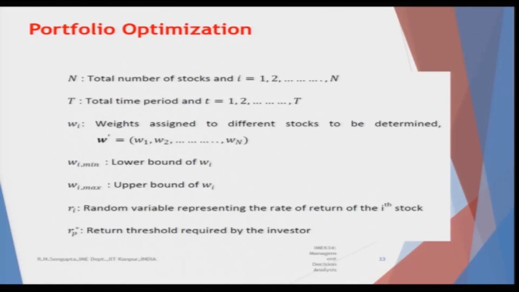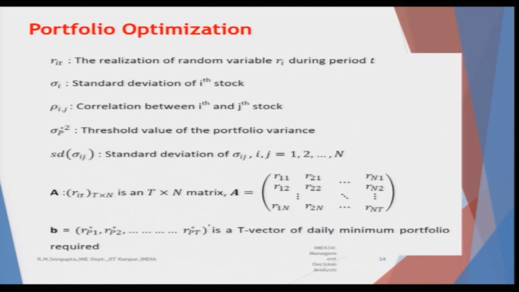And as I have mentioned, Ri's are the random variables pertaining to the returns for the ith stock, and this RP star, which was basically the return star which we have just discussed a few minutes back, is given by the investor himself or depending on the market conditions. The other values which are important for us to understand is, because if you remember I have brought the concept of time. Why I have brought the concept of time, I am going to come to that within a few minutes.